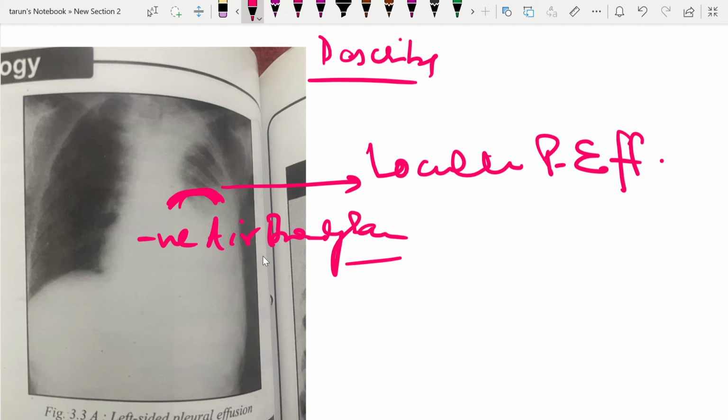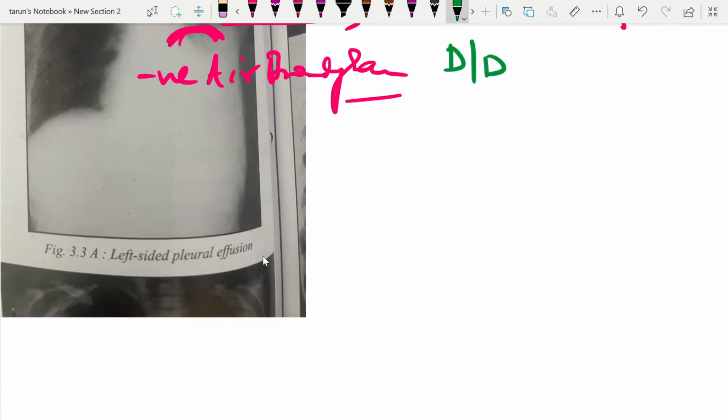Now after discussing this, you will tell me the differential diagnosis of this chest X-ray. What are the differential diagnoses? Then you will say actually this type of opacity with concave upper border is classically seen in pleural effusion and empyema thoracis. The thickened pleura may be a close differential diagnosis, usually without any mediastinal shift unless associated with gross thickening, when the mediastinum is shifted to the same side.